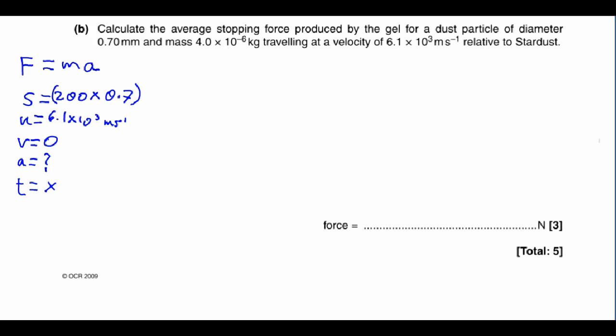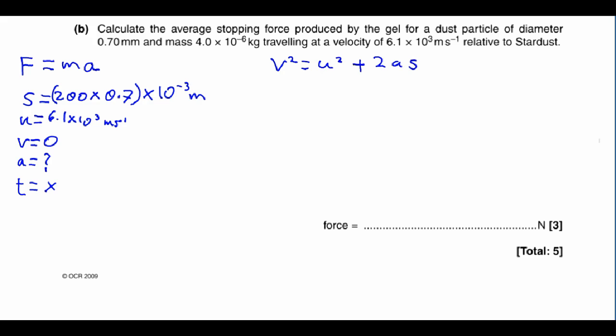And let's not forget that this is in millimeters, so we need to convert it to meters. Using these quantities, since we don't know the time, we should pick the equation which does not involve time, which is v squared is u squared plus